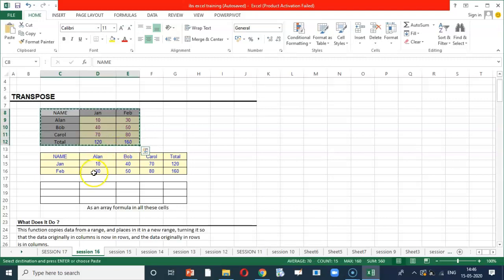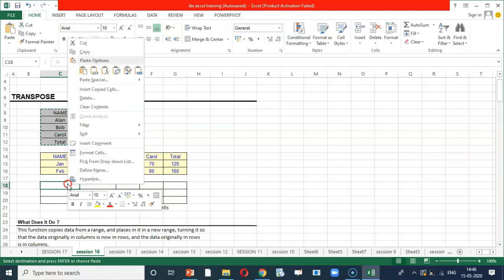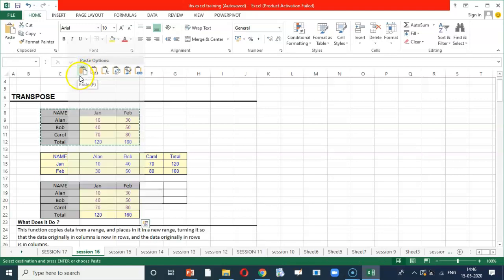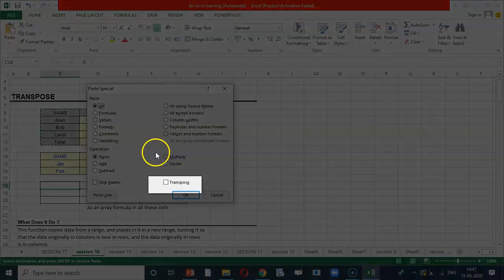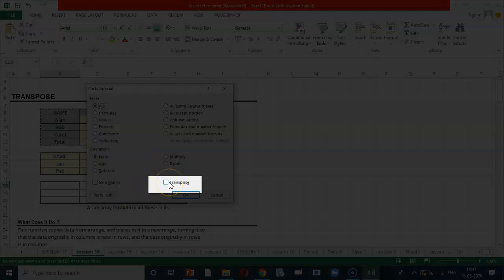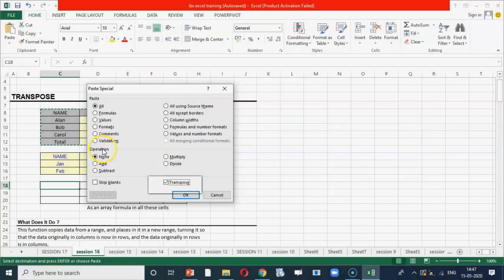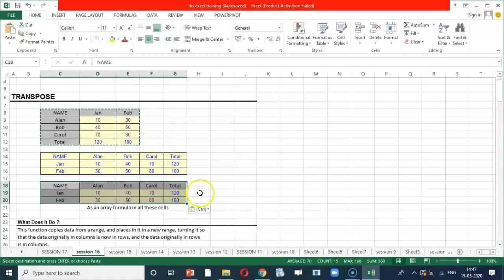So how to transpose? Ctrl C, right click of the mouse, click on the cell reference where you want to transpose. So you saw the right click of the mouse, select paste special option. Under paste special, go to the last one, that is paste special. Under that, choose transpose under operations and click OK.